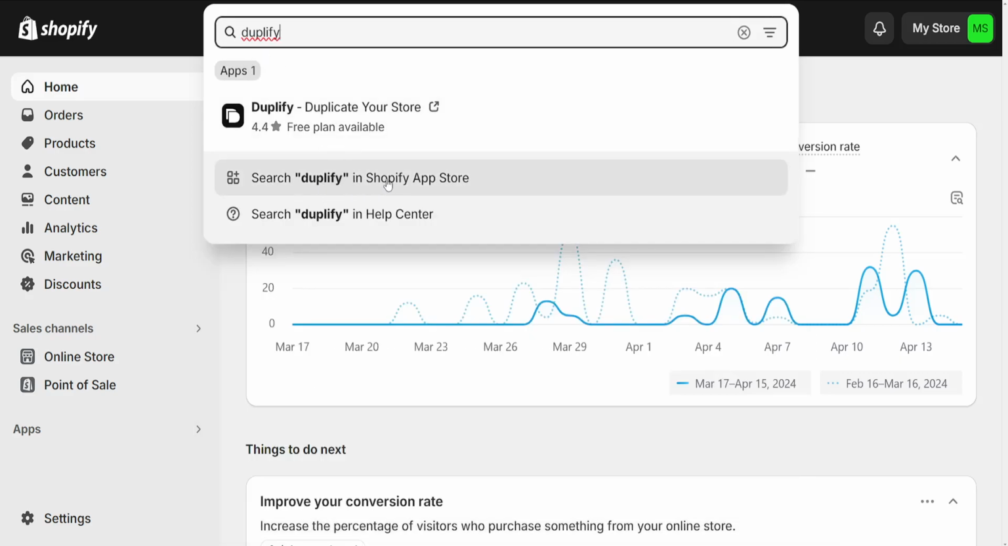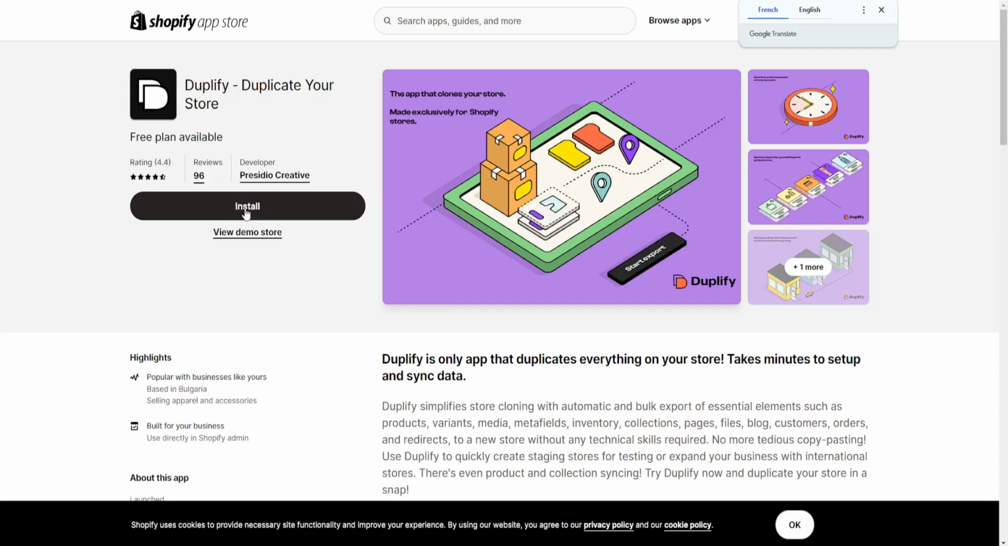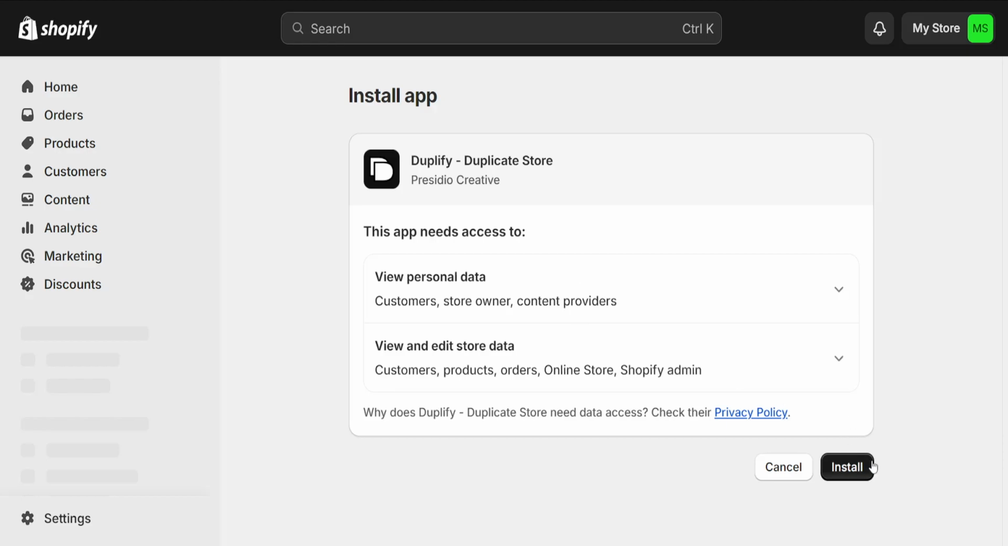Here we will search for Duplify in the Shopify App Store, and we want to get this application here, Duplify, duplicate your store, export and copy data in one click. So just click on install here, and it will obviously ask us for permission to install. So we just gotta grant it permission here by clicking on install, and I'll walk you through this application and